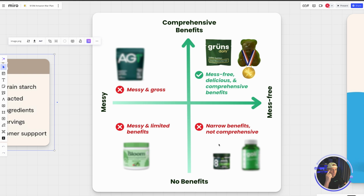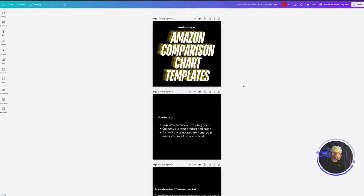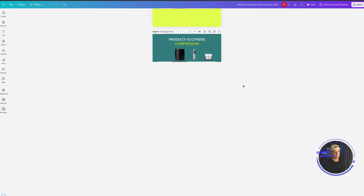So this is what I love. I love this. This is doing people a service. It's helping them make their buying decision faster and easier and understand, oh, now I get why these guys are unique and better. In fact, so many people are missing out on comparison charts